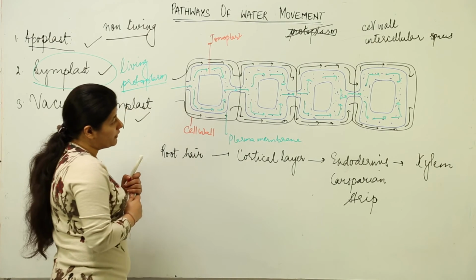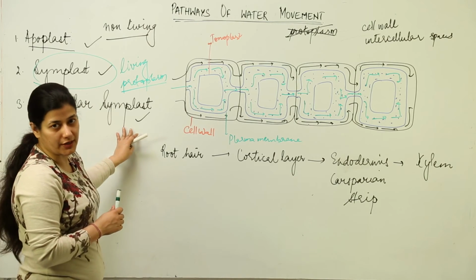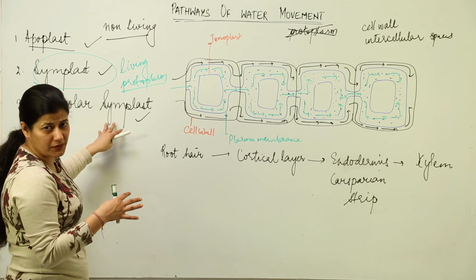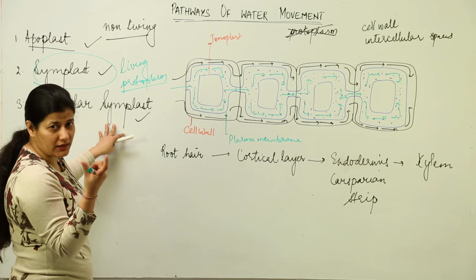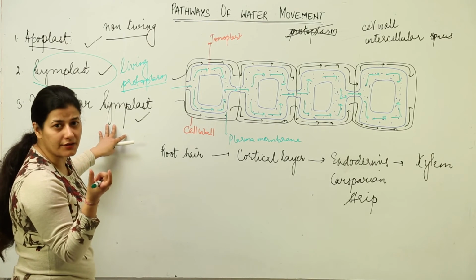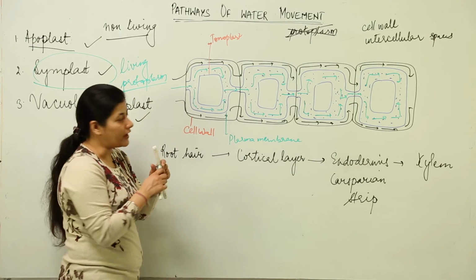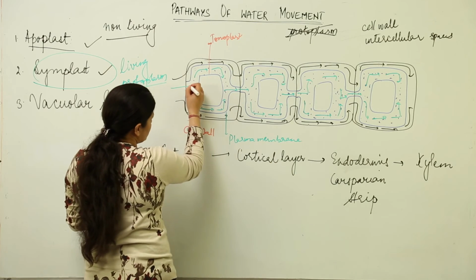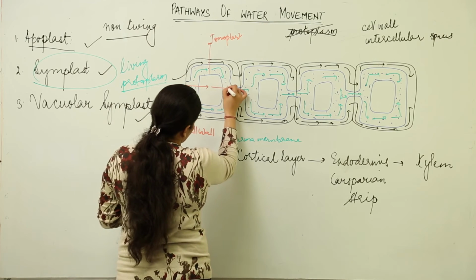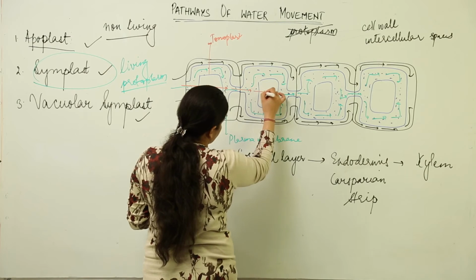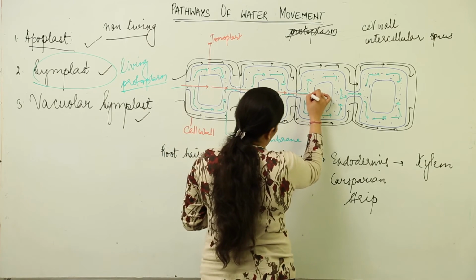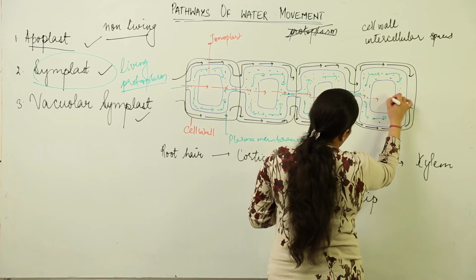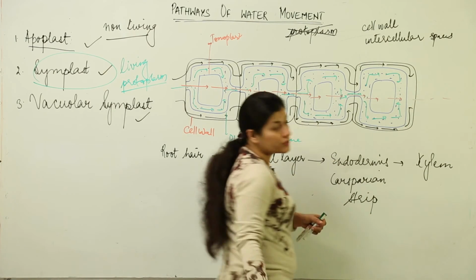Now what would be the passage in the case of vacuolar symplast? In the case of vacuolar symplast, the living content would be involved, where each cell would be acting like a small osmotic entity, and there would be involvement of vacuolar sap. So the water that has to move from one cell to another would go like this. This would be the passage that it is going to take. It would enter the vacuolar sap, each cell acting like a tiny osmotic entity, and so on, the water would move on.